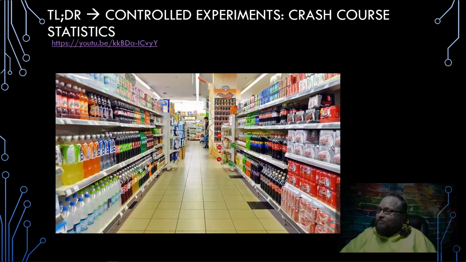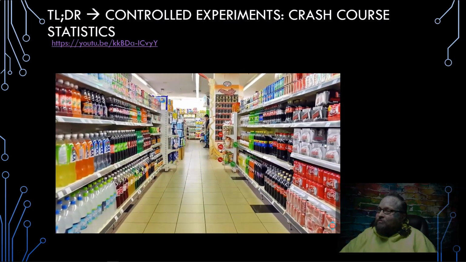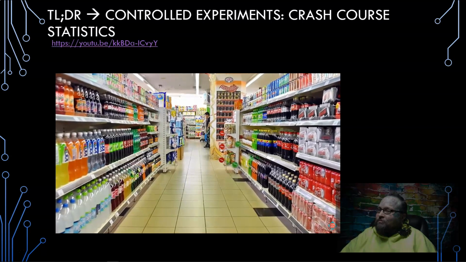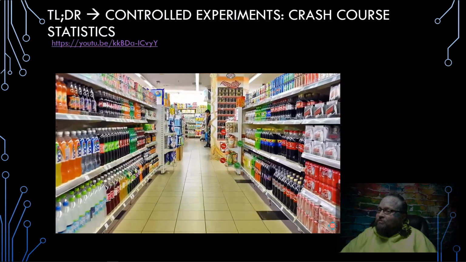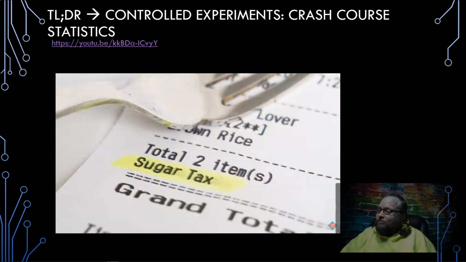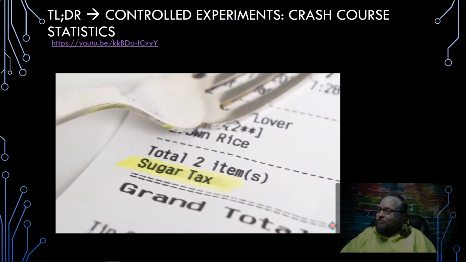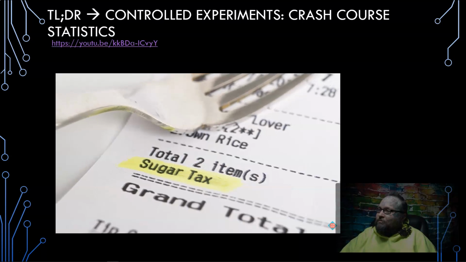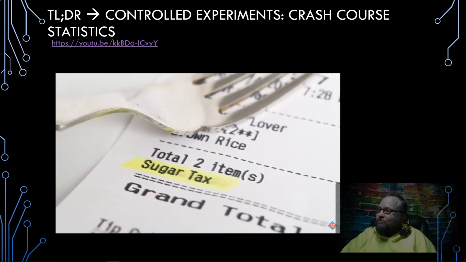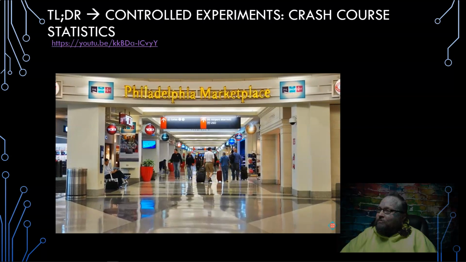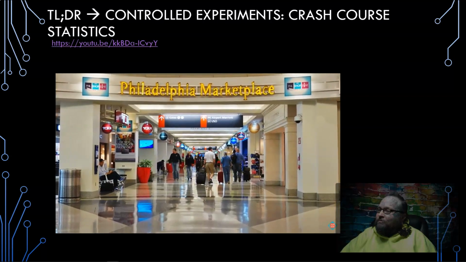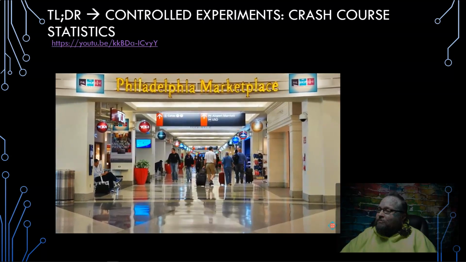Recently, the city of Philadelphia passed a sugar tax that would charge companies an extra 1.5 cents per ounce of sugary beverage sold. Researchers can't just assign cities to have extra taxes. When cities do vote these things into law, some very interesting things can happen. And they did in the Philadelphia International Airport. Because the airport straddles the city's border, some of those otherwise identical stores had to comply with the law, while